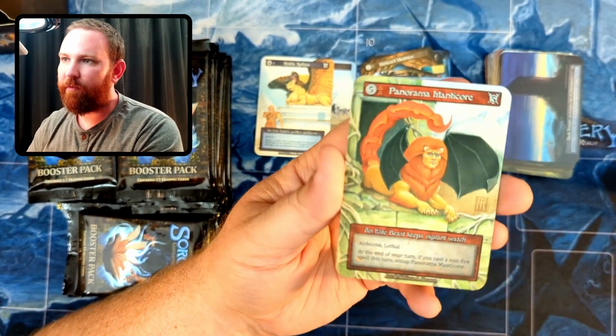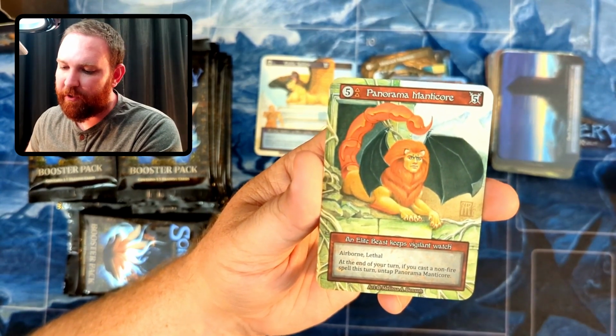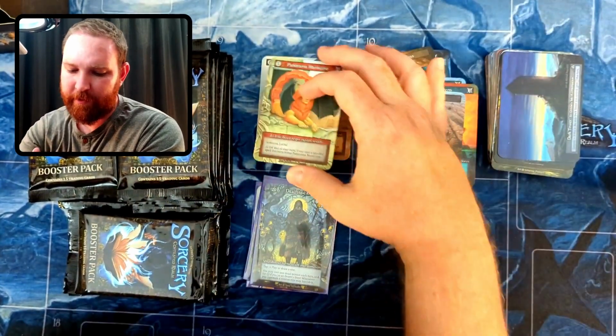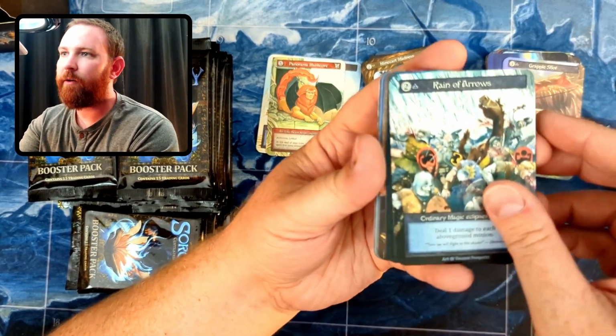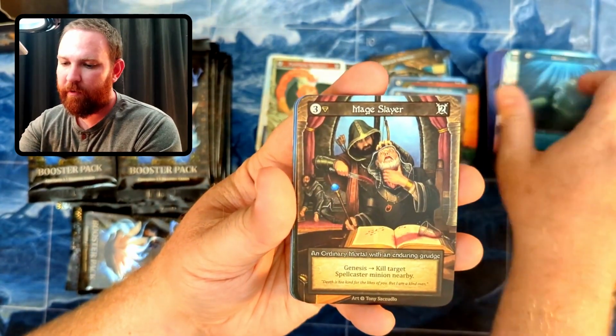Guile Sirens, Wind Blast, and a Panorama Manticore. Airborne and lethal, 5 cost, 5 power. At the end of your turn, if you cast a non-fire spell this turn, untap it. Ooh, he wants you to play multiple elements. I like that. Pack starts with a Grapple Shot, Rain of Arrows, going too far off the edge, Drown, Mage Slayer,